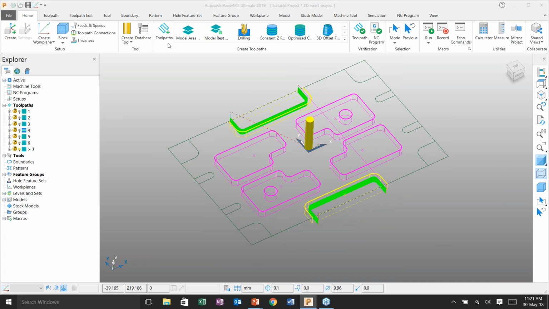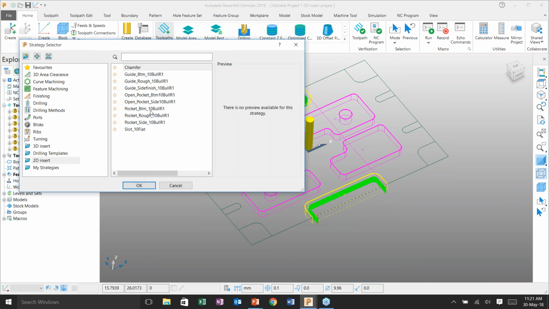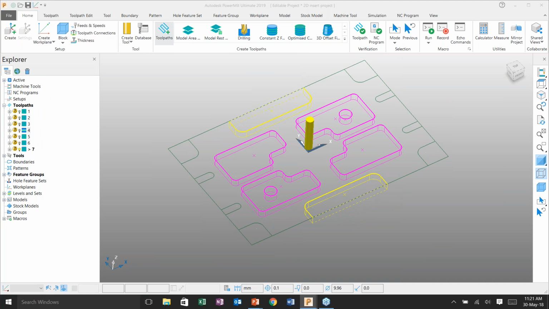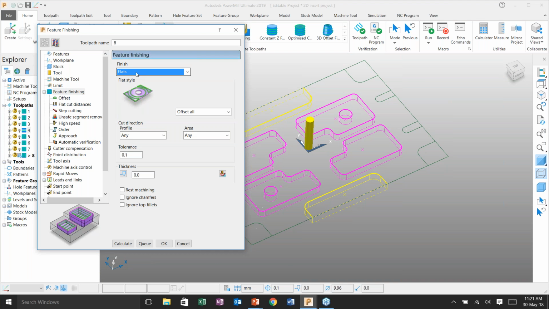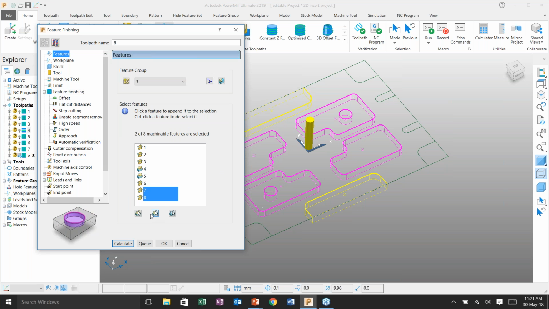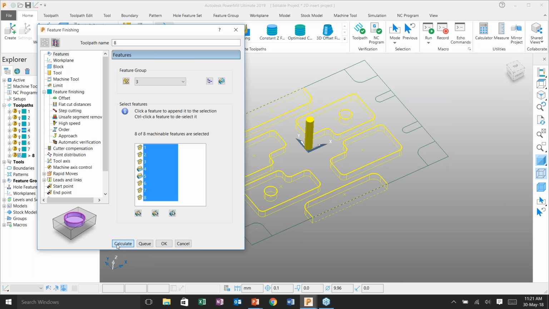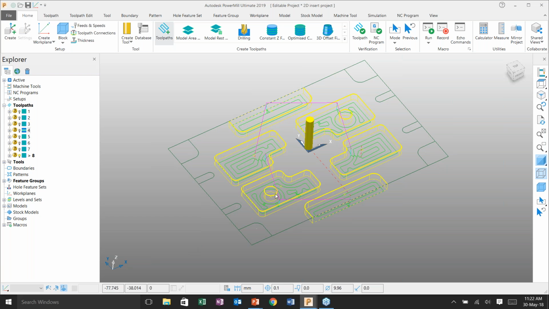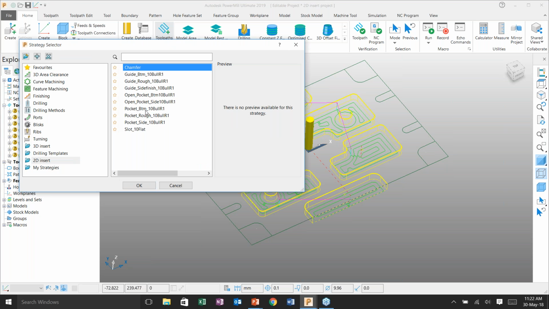Finally, we are going to finish the bottom of all the 4 pockets. So select the bottom pocket option. In this one, as I told you, it is machine flats only. Go to your feature page, select all your machinable features and say calculate. As you can see, all the bottom flats have been machined clearly. Finally, we will move into the chamfer, which is the last operation in this particular model,